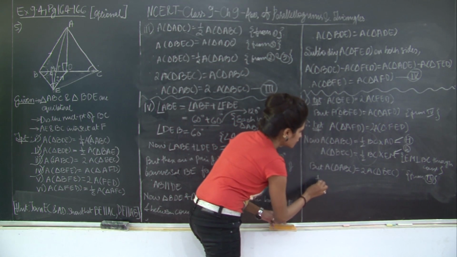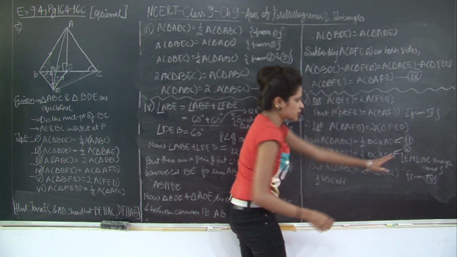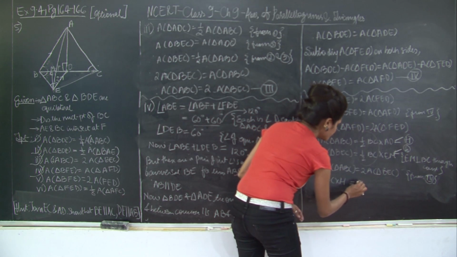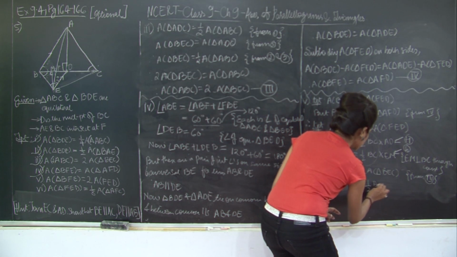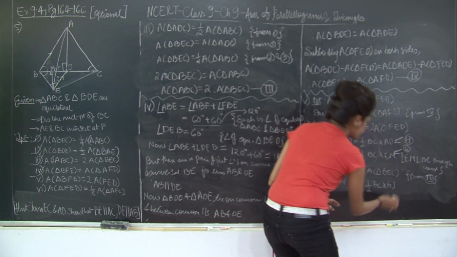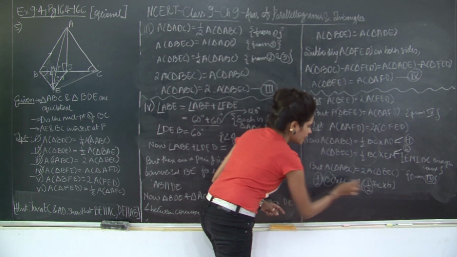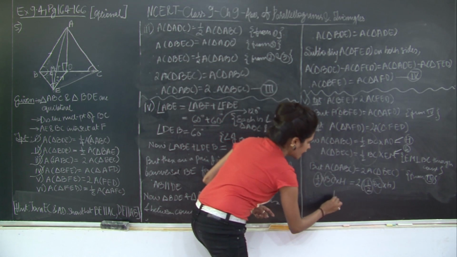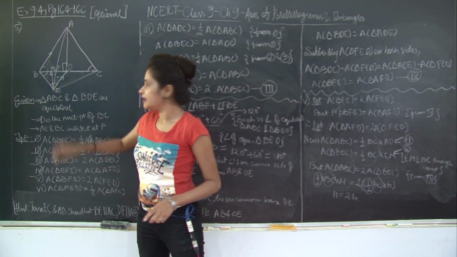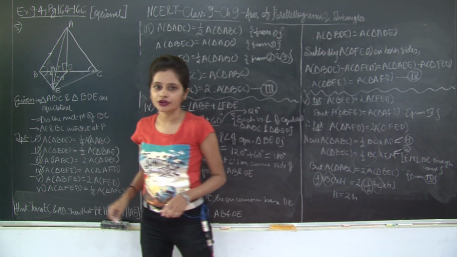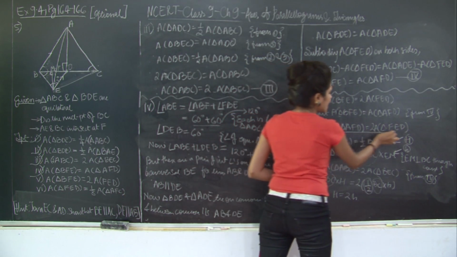So let's write down for this. We have half into BC into AD into H, capital H, we have marked this as H, right, is equal to 2 into 1 upon 2 BC into small h. So now if you remove half BC and BC, what do you get? H is equal to 2h. That means this height AD here is twice the height EM over here.